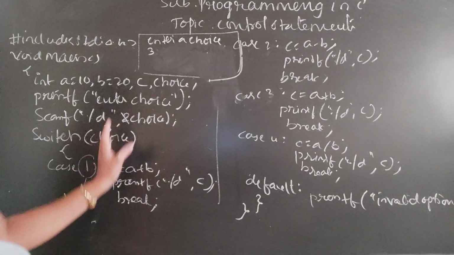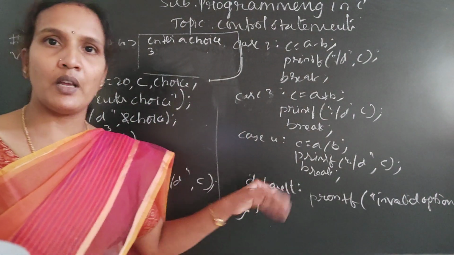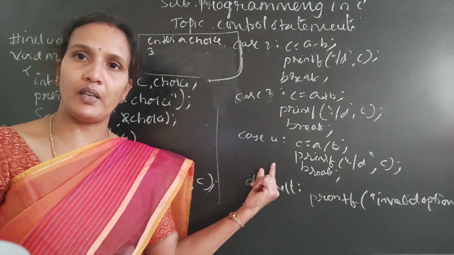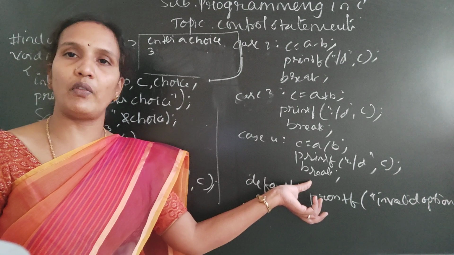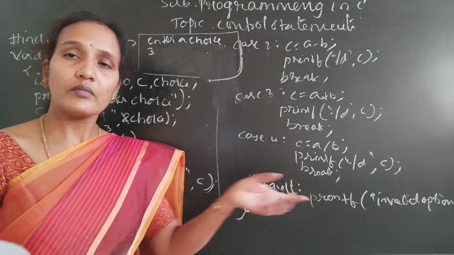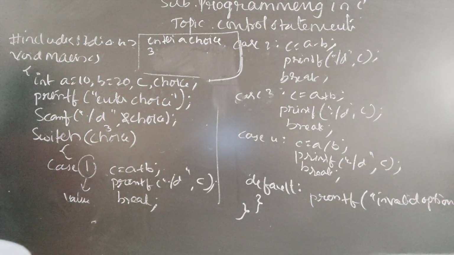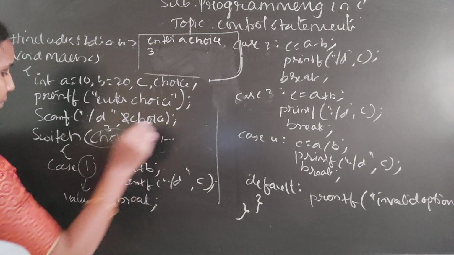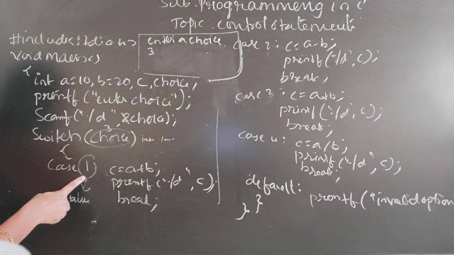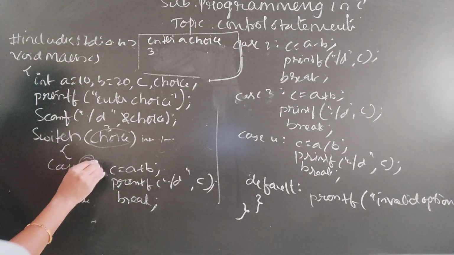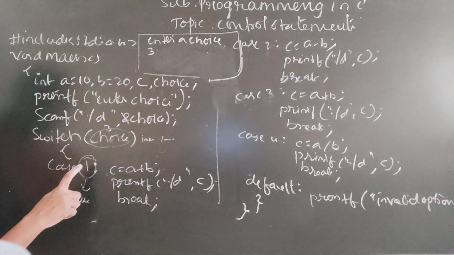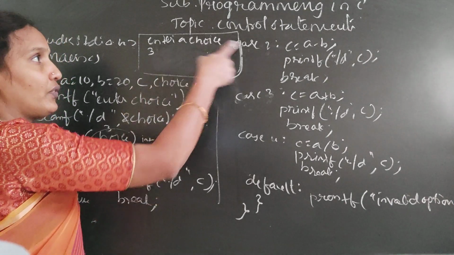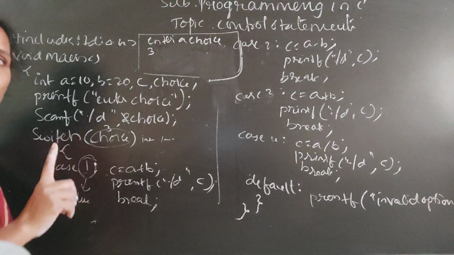Example, here I have given only 4 case values. Suppose the user enters a 5. Then what happens? Whatever case values I have given are not matching, so the default one will be executed. Clear? And here some conditions are there. Here it should be either integer or character, and this is compared with the case values. Whatever case values are there should be unique. Here 1, 2, 3, 4 should be unique. If 1 is already there and you write 1 again, you will get an error. Case values should be unique.